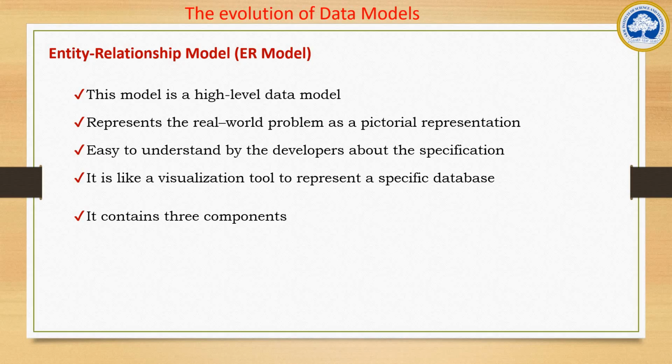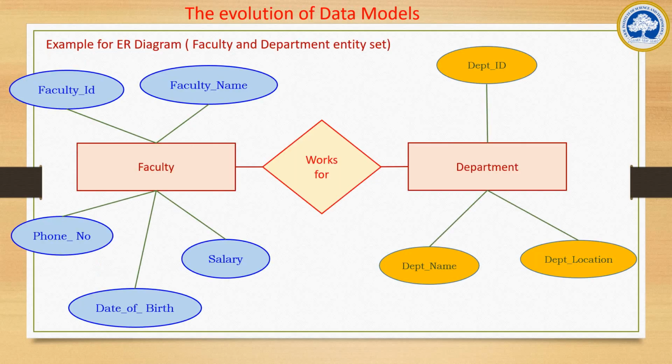Mainly it contains three components: entities, then attributes, then the relationships between them. Here the faculty is an entity, which is represented as a rectangle. All the entities are represented by rectangles. How the entity is described is called the attributes. So the faculty is described by their